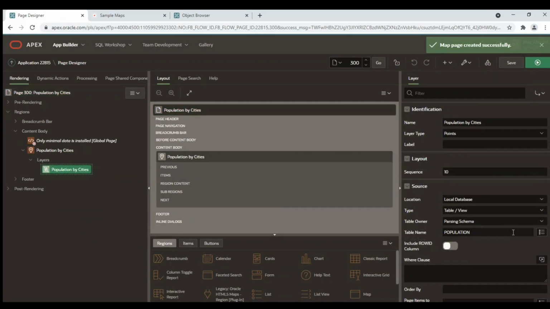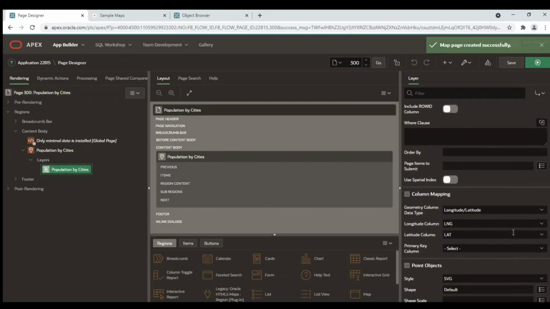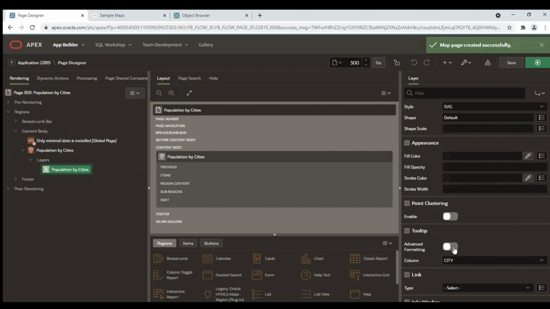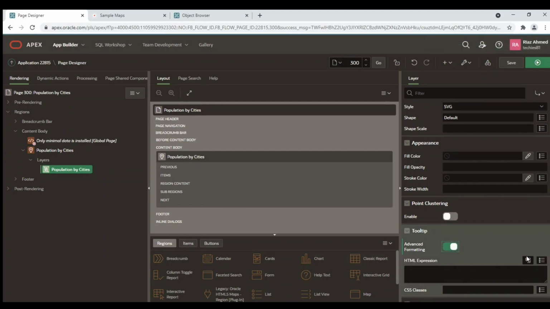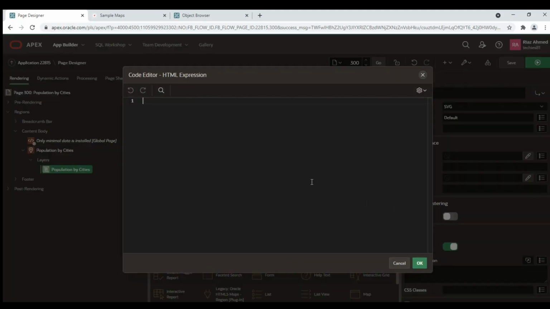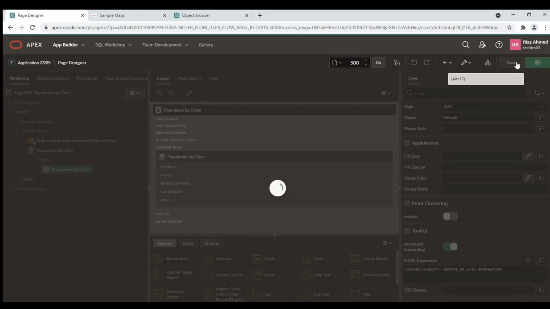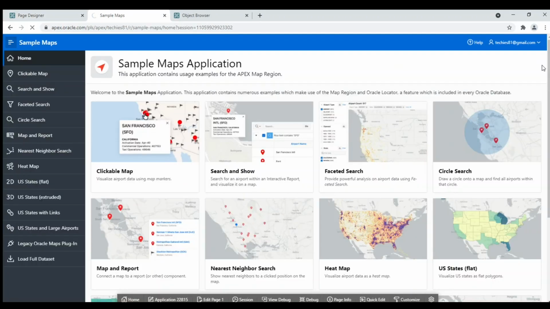Click the Population by Cities layer and turn on the Tooltips Advanced Formatting option in Page Designer and add an HTML expression. Save and run the page to see the effect of the HTML expression.